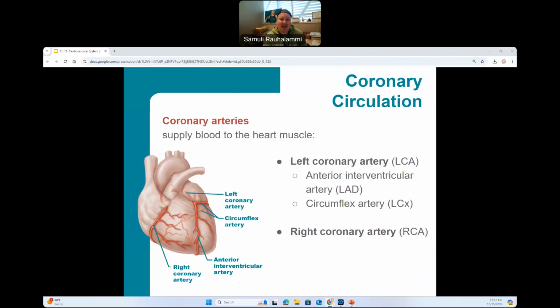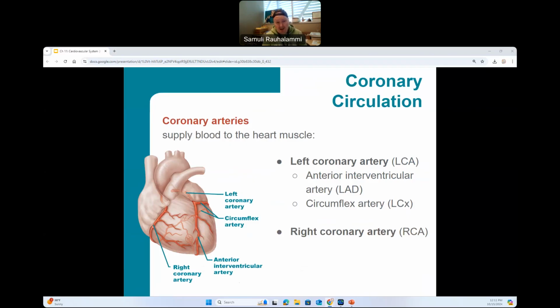So what we see here is our coronary arteries. These are branches from the aorta. In fact, the first branches of the aorta right after the aortic valve, and they supply the heart muscle wall itself with oxygenated blood. And there's going to be three main branches at this level of A&P courses. You do not have to memorize those, but we see that we have our anterior interventricular artery that supplies the left ventricle and front of the heart, our circumflex artery that encircles the backside of the heart, and our right coronary artery, which supplies really the right side of the heart.